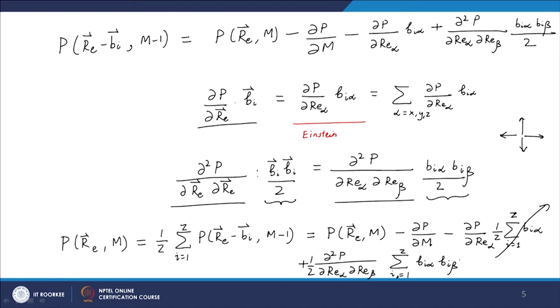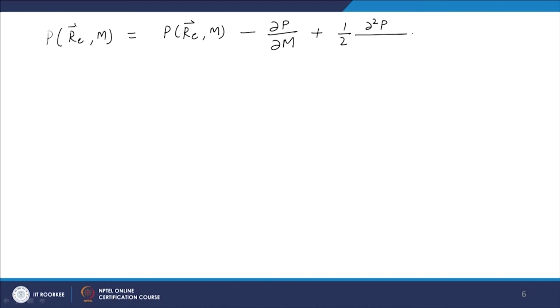Okay. So, now let us look at what that last term is equal to in detail. So, what we have got so far is P of R E m is equal to P of R E m minus dou P by dou m, then the other term was 0, and then in the end we had